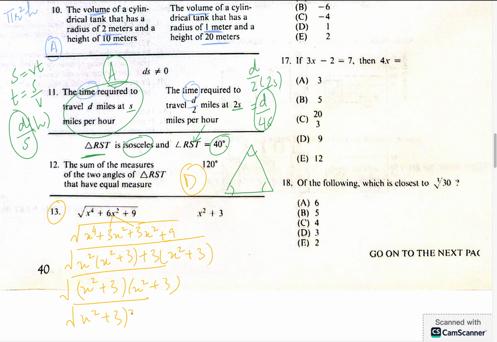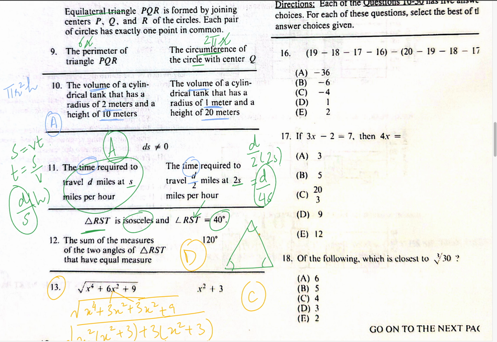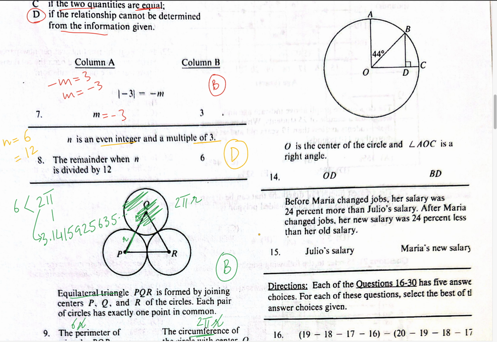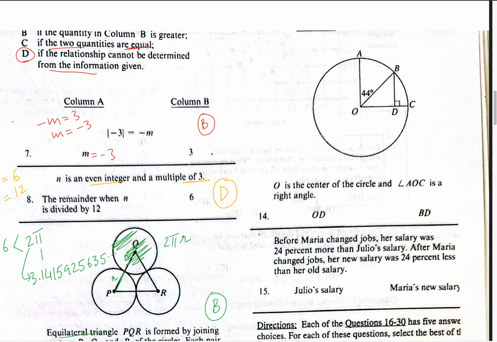Plus 3 is twice. This and this cancels out. X squared plus 3 is the reduced form or the simplified form of this thing, which is exactly the same as this one. So I can say C is the answer because both are equal, right? It means that both the quantities in column A and column B are exactly the same. Okay, now this one,